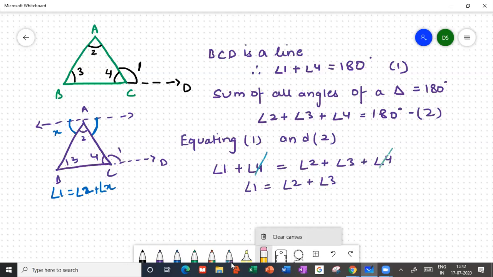Okay, so this is the end of all theorems and axioms. So we'll move on to solving sums. Before that, I'll just quickly write down a few statements or facts, like a quick recap, right? So the first thing we deal with is